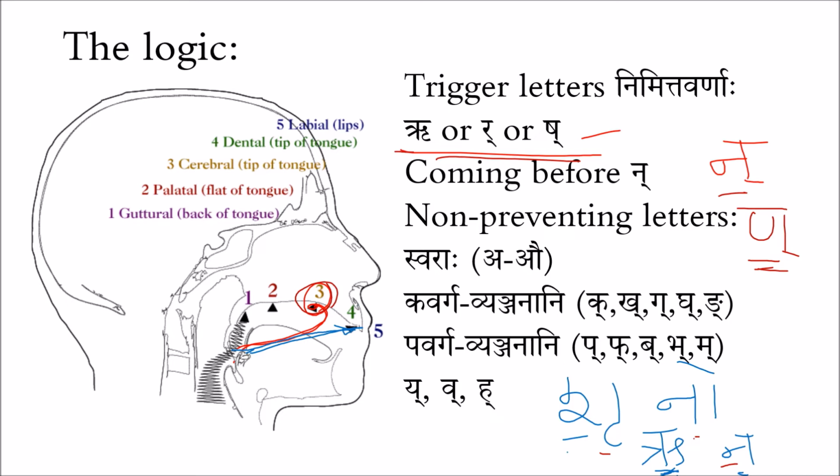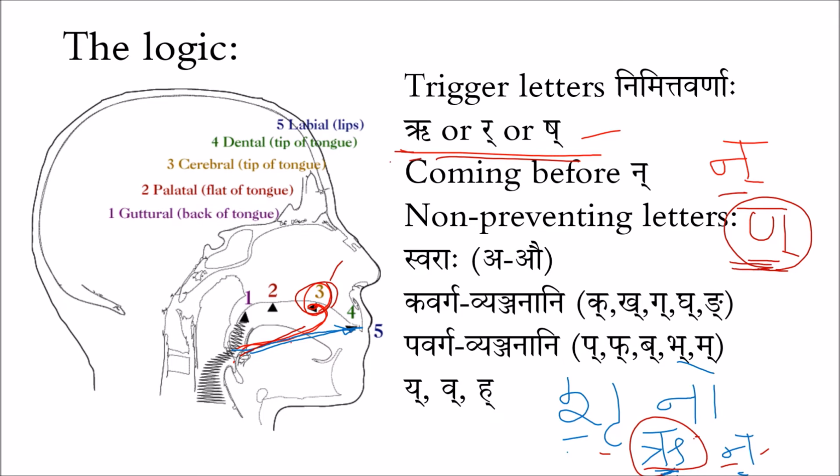So to avoid that effort, it is much easier to pronounce this Na, which is already at that murdha where the trigger letter is. R, r, ra, sha. In this case, r. This r is already there, the tongue is already there, the shape is already set, and instead of forcing that jihva or tongue to this dantya position to say na, the easy thing to do is